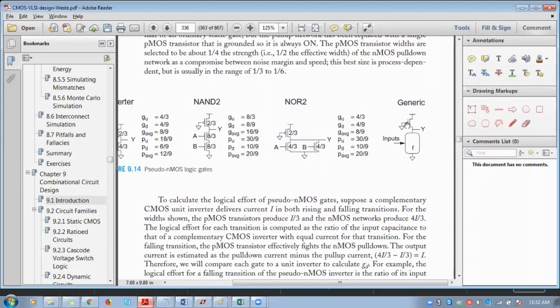Why we are choosing 1/4 of the NMOS as the strength of this PMOS is, the gate of this PMOS is connected to ground, right? So it is always on. So when we switch on this NMOS, this PMOS is also on. When, due to the input condition, this NMOS network is on, we may have a dangerous effect that sometimes this VDD can be directly connected to ground when both are on.